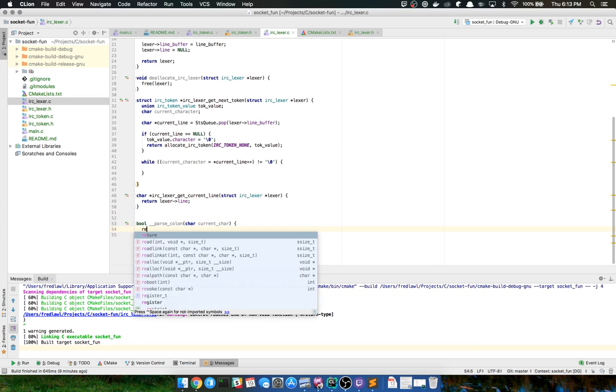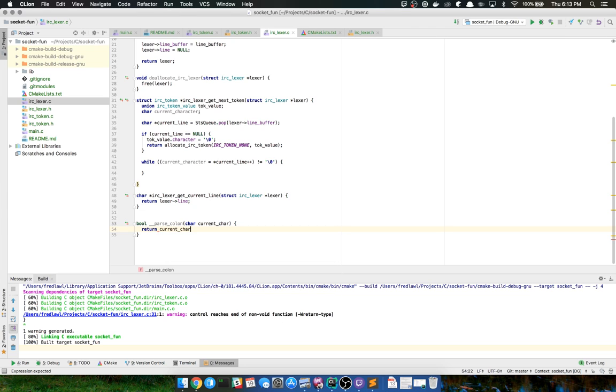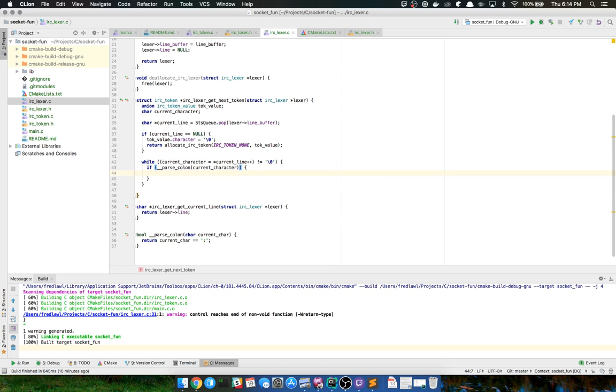And what I would do is just say return current character equal to this one. So if parse colon current character, then we'll return a token of